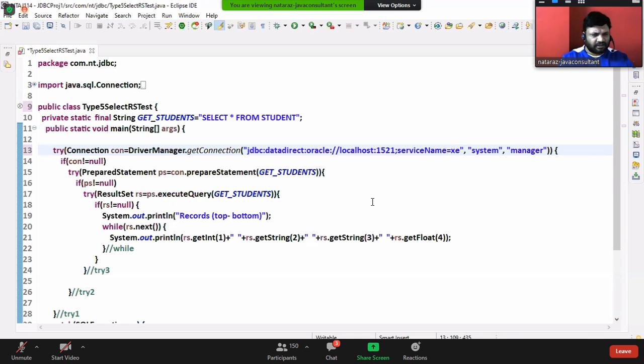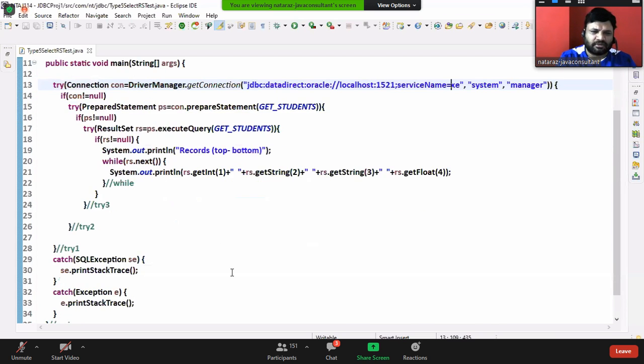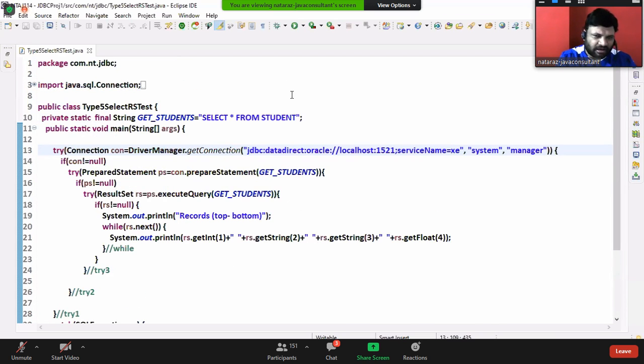Remaining all are same. Nothing changes, only the URL and driver class name change. Username and password are the same. Oracle.jar is also added.